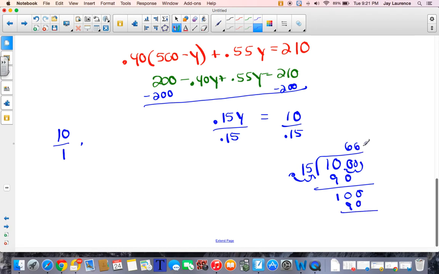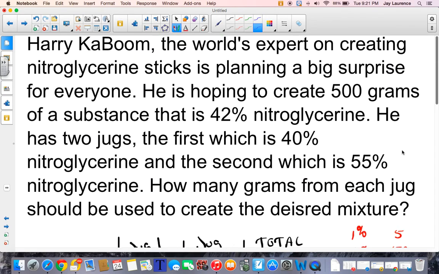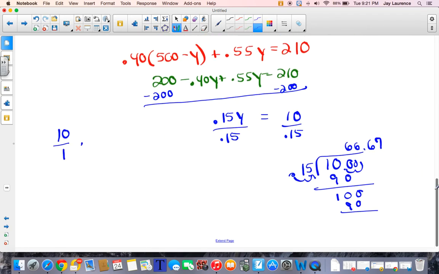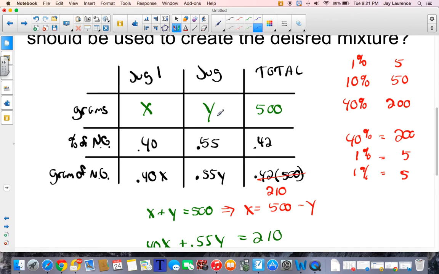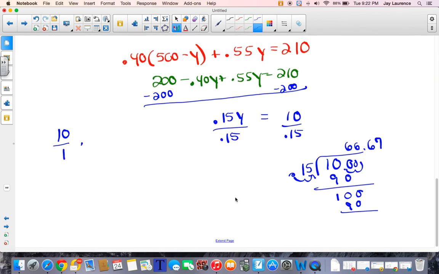And I think this is going to go on forever. So I'm betting you it's going to be about that when I round it to the hundredths place. Yeah, that sure looks right. Okay, 10 divided by 0.15. Yeah, I know this is right. It's 66 2/3 essentially. So for a solution y, oh my goodness, there goes that airliner again. I'm going to need 66 2/3, right? And so to get the other one, I'm going to do x equals 500